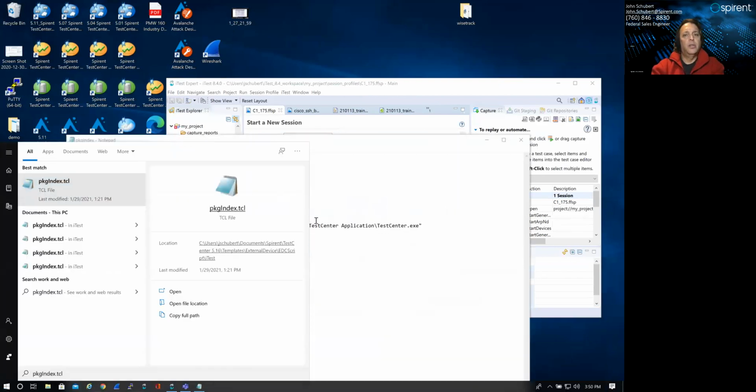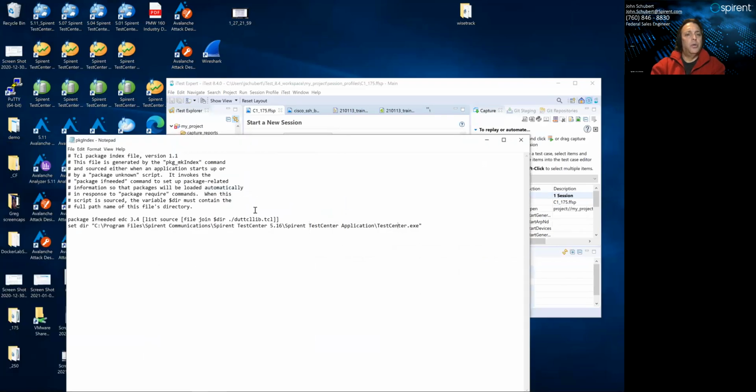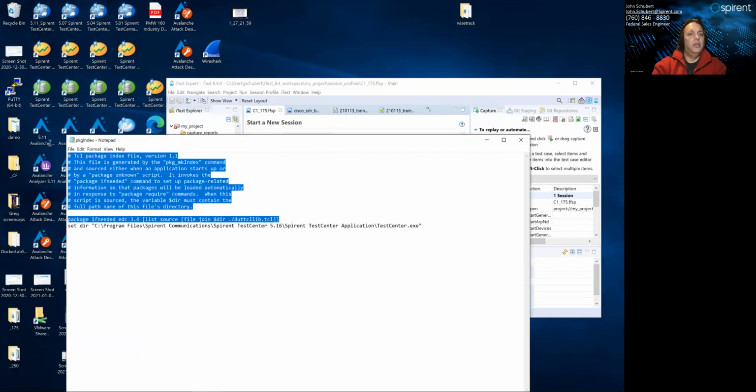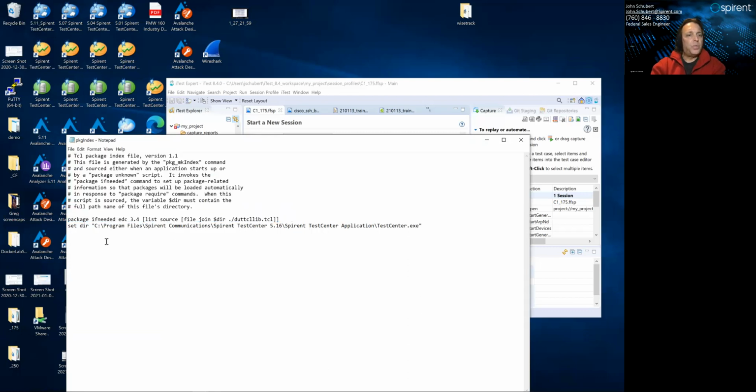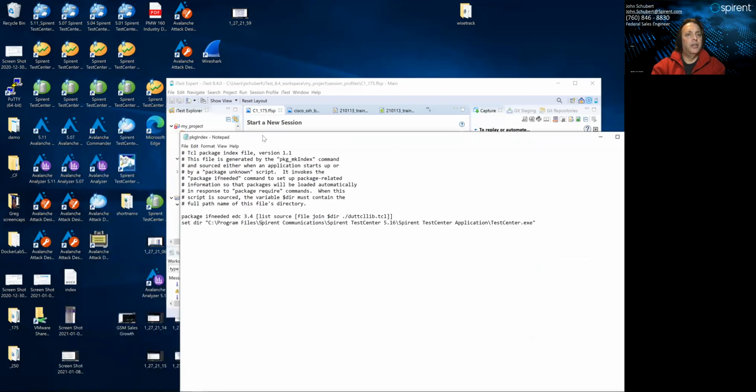So in this case, package.tcl. In my case, this top part is what was installed out of the box whenever iTest was installed. So I had to add this line, this set directory. If you right click on a desktop shortcut to an application, in this case, I've got a few